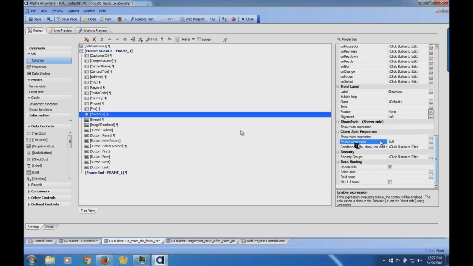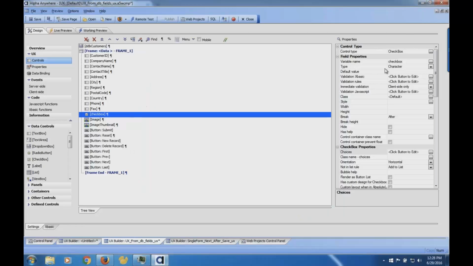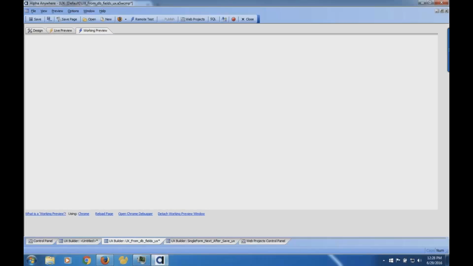On my checkbox, I have to actually put my choices here: yes, 1; no, 0. And the other thing I like to do, a little trick, is that this is numeric, and I want to treat this as a logical field. So now it will show up properly here.